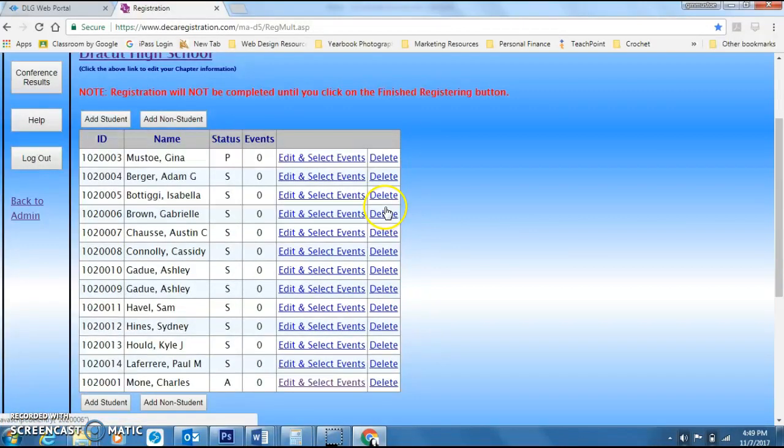So now the students that I had in that previous menu that I've assigned and confirmed are here. And at this point, you'll notice they have identification numbers already preset in there, and their status is set to student or S for student. None of them have events yet, so there are all zeros in those fields, and now I can get to putting them into events. So the first thing I'm going to do is go to Edit and select Events, and